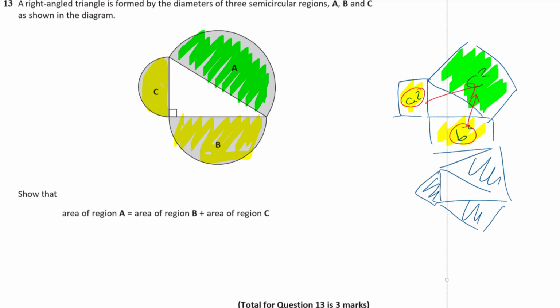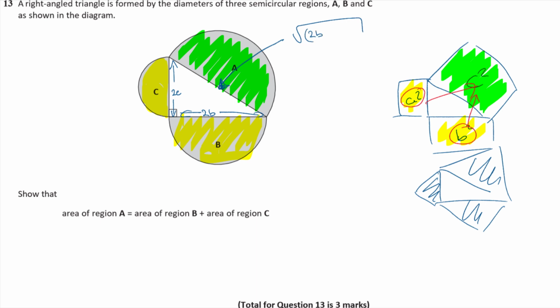Well, what I'm going to need to do is I'm going to need to work out the areas of each of these things and show they're equivalent, aren't they? So I'm just going to use the fact I'm going to call this side here 2c. I'm going to call it 2c because it's easier than calling it c when I sub it into the formula. And I'm going to call this one 2b. Okay. So then if that's 2c and that's 2b, then this side here is going to have to be, using Pythagoras' theorem, it's going to be the root of